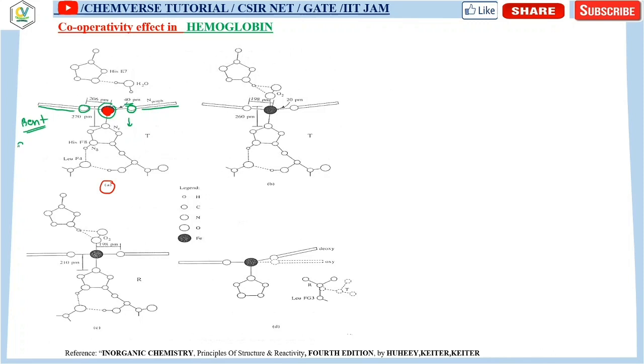Due to this, there is some amount of strain inside that pyrrole ring. The iron 2 plus in high spin, when it is in deoxy state, doesn't bind with the oxygen, so it's present in the high spin, so it has a larger ionic radius, and that's why it cannot fit in the cavity of the porphyrin ring. So it is present just 40 picometer out of the plane, and that basically increases the strain inside the heme group.